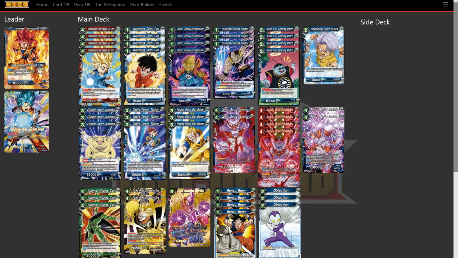That's why we play mostly blue decks, because we want to make sure this guy's always active. They're playing 3 Oath's Power Tapion, because we do want to make sure we awaken as fast as possible. So when we play this card,